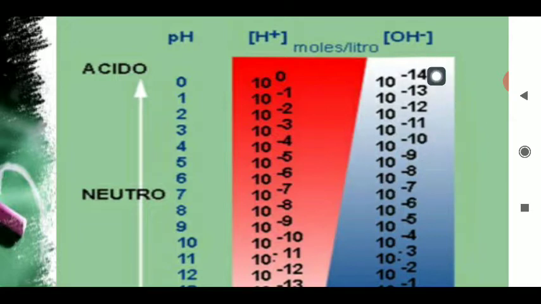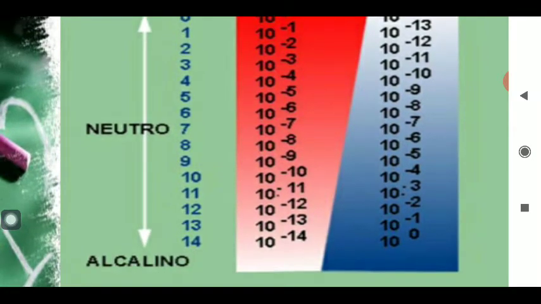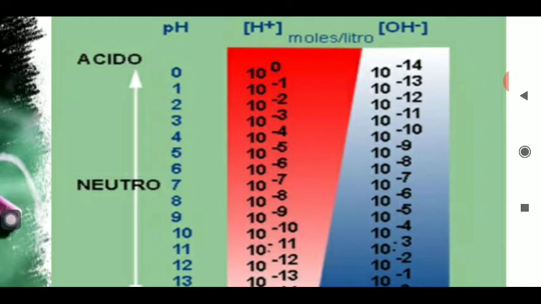For the OH negative ion concentration, the value is always more than 7. So when we talk about the pH scale, you can find three important ways. When the pH is less than 7, it represents acidic pH. When the pH is more than 7, it represents basic pH. And when it is exactly 7, it indicates the neutral pH of any compound.